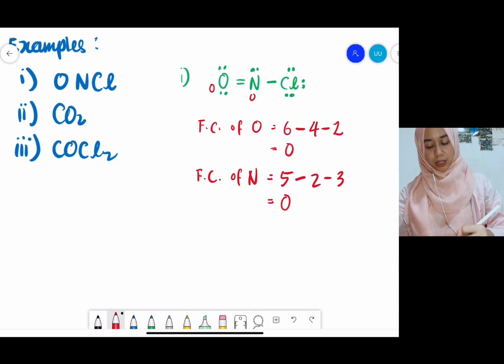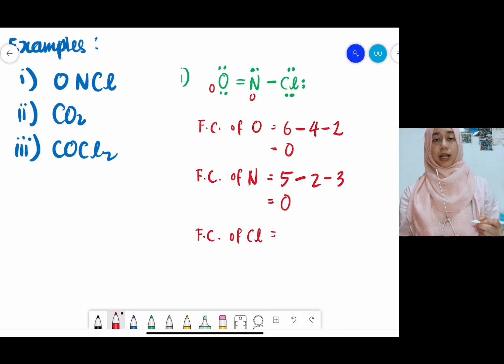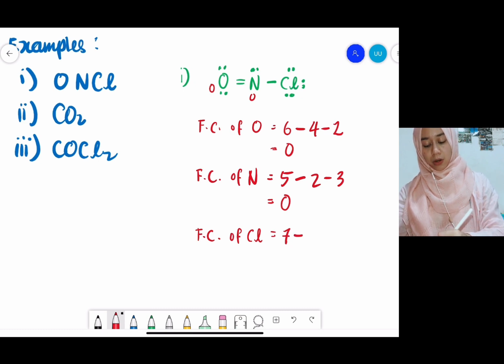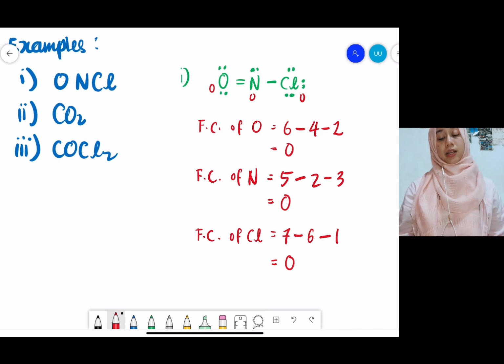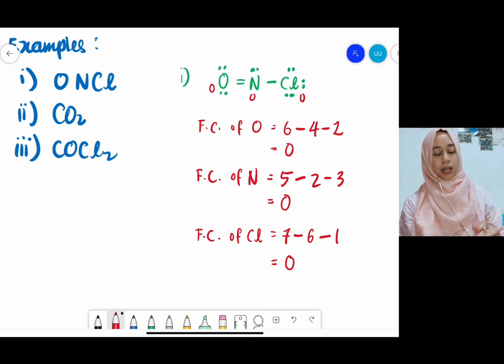And then, formal charge untuk Cl pula. So, Cl ada 7 valence elektron. And then tolak dengan 6 lone pair elektron. And then tolak dengan 1 bonding pair. So, kamu akan dapat 0. So, yang ni pun 0 juga. Okay, that's how you calculate the formal charge untuk O dan Cl. And then untuk